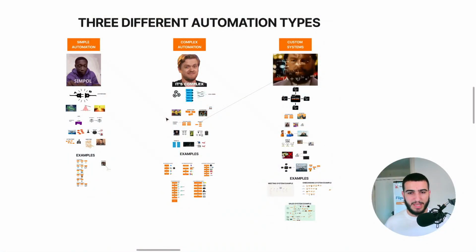The main reason I wanted to make this video is because automation is a massive part of what we do over here at Fluxomate. And for us anyways, it helps having a clear breakdown of what automation we're doing in terms of what type of automation it is, because it sets a standard of how complicated it has to be. So for basic automations, we try to keep them as simple as possible. Complex automations obviously do get a bit more complicated. And then if it's a custom system, then we know we're going to have to put some real work in